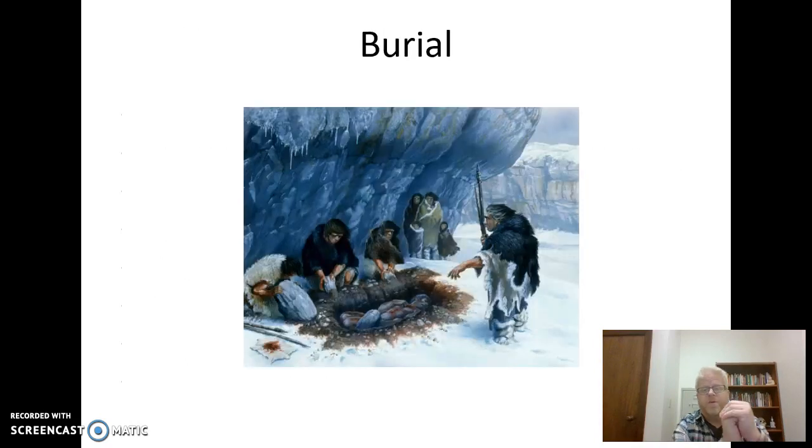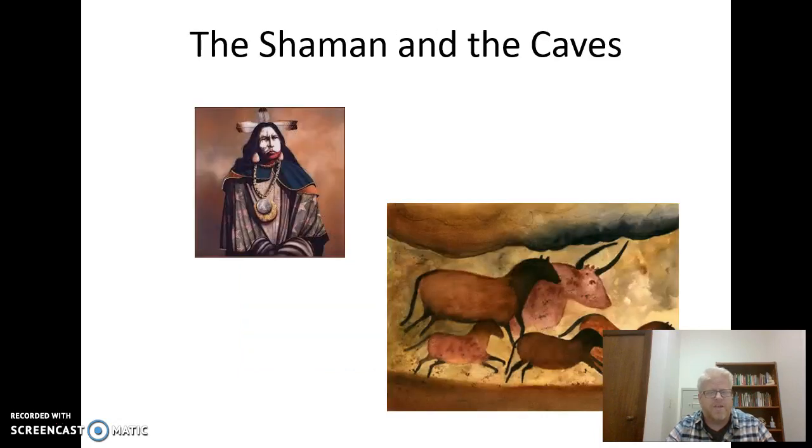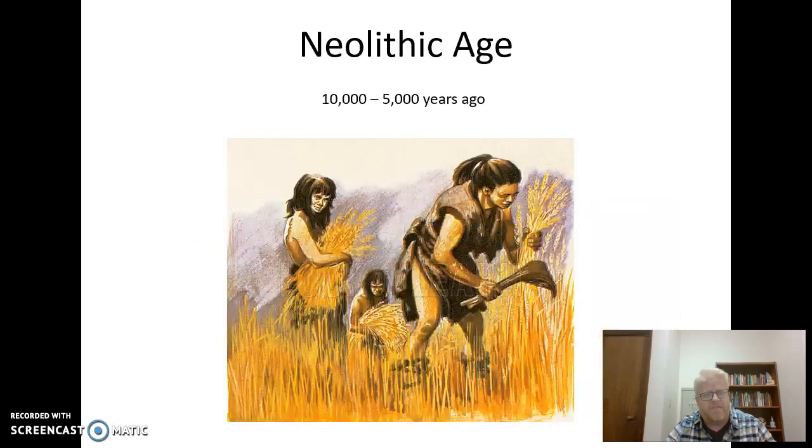We know that human beings have been religious for a long time. We have burials almost as far back as we have our species. Even Neanderthals, different species, older species of human than us, buried their dead and buried them in a symbolic way, suggestive of an afterlife or a return to life. And so burials are among the earliest signs of spiritual practice. The shaman in the caves, you'll get more of this in the Joseph Campbell video and the articles, so I'll leave that for now.